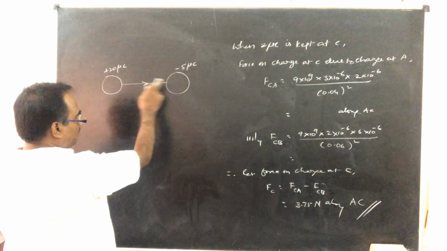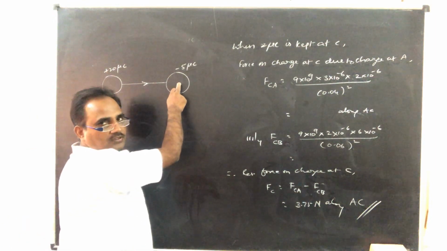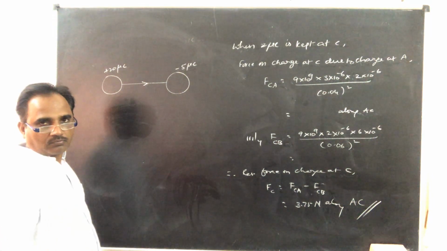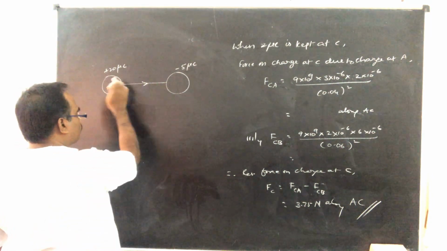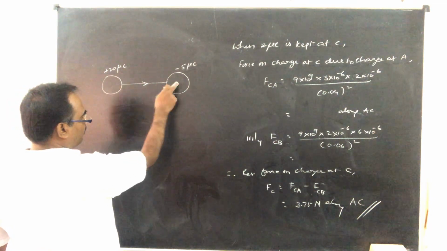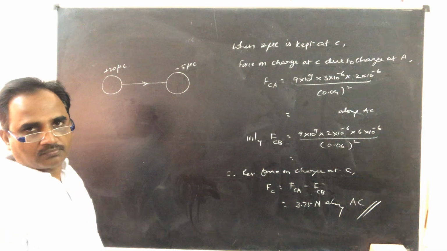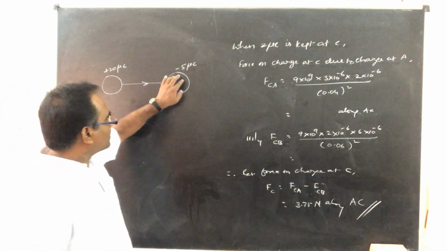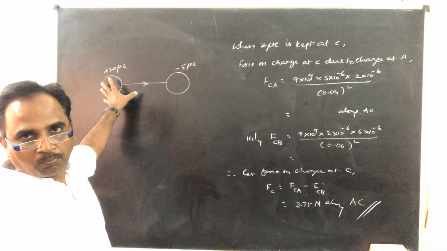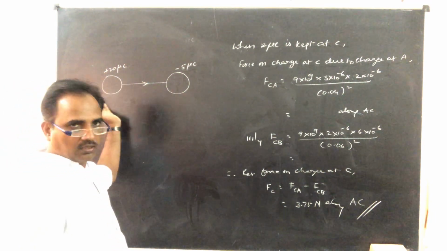Now when these two charged spheres are kept in contact, see, the positive charge means deficiency of electrons, negative charge means excess of electrons. When these two are kept in contact like this, there will be a redistribution of charge. That means the excess of electrons move this side till the charges get neutralized, and since both spheres are of the same radius, the remaining charge will be distributed equally on both of them. So the excess of electrons moves to this sphere and neutralizes 5 microcoulomb positive charge. The remaining 15 microcoulomb positive charge will be distributed equally.